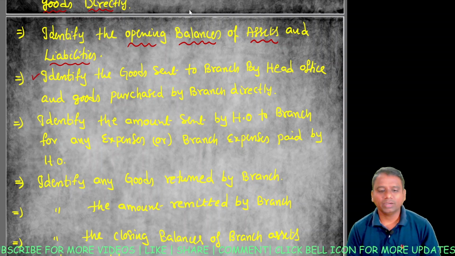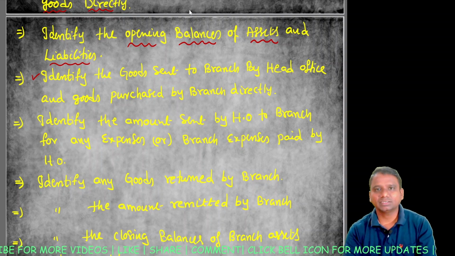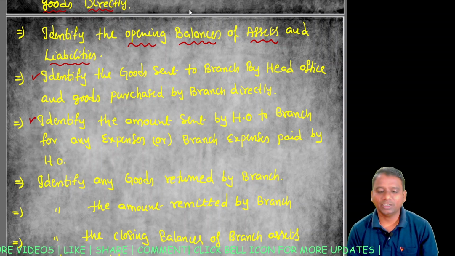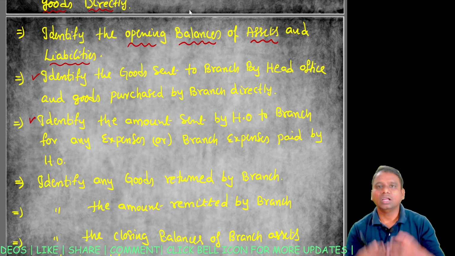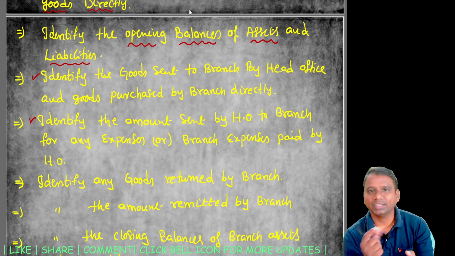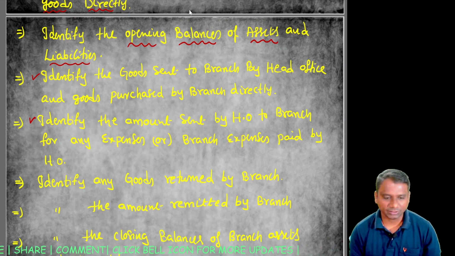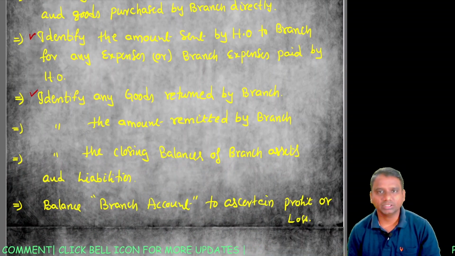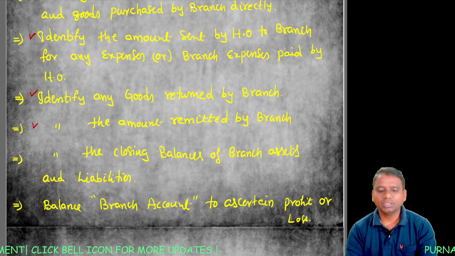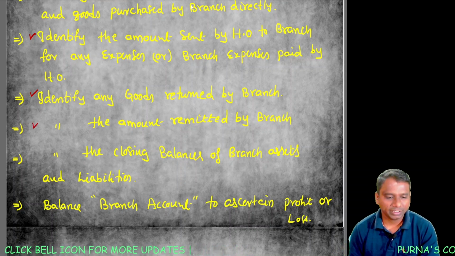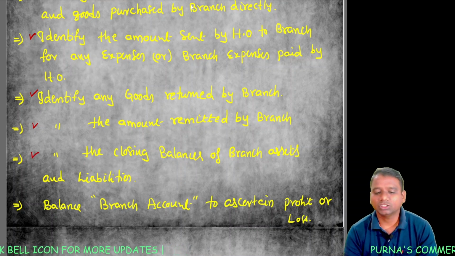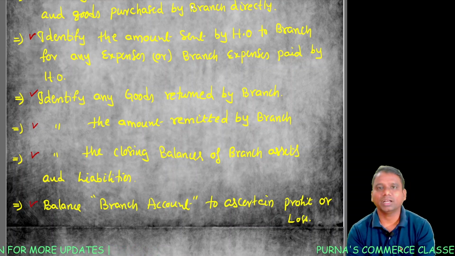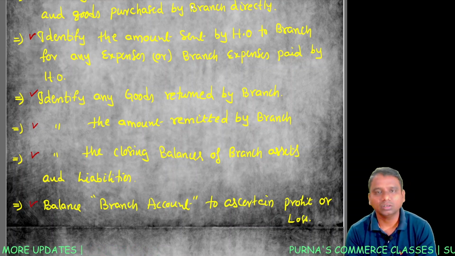Next, identify the goods sent to the branch. After that, identify the amount sent by head office to the branch for any expenses, that means any amount sent for petty expenses. After that, identify any goods returned by the branch. These are the sequential steps. Next, identify the amount remitted by the branch. Next, identify the closing balances of branch assets and liabilities. After that, if you balance the branch account, then you will get the net profit or net loss